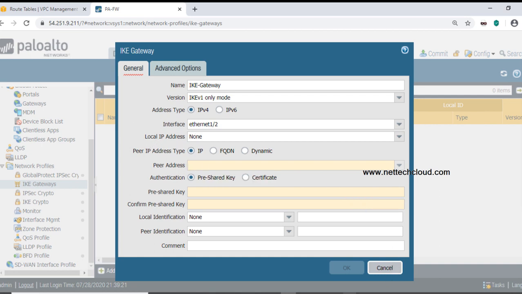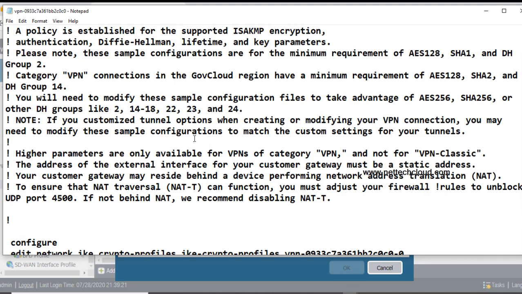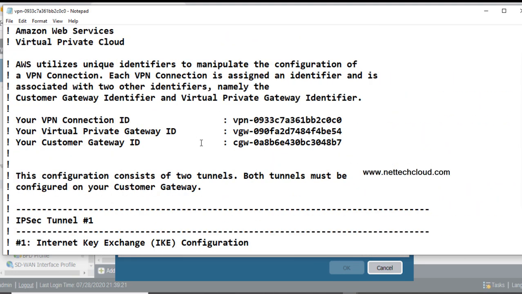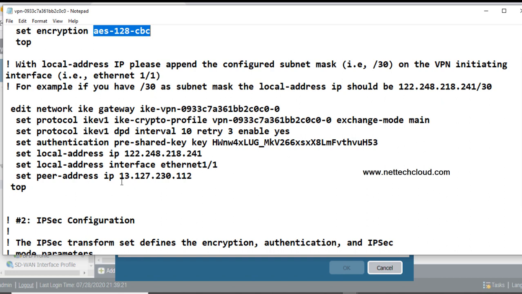And the peer IP address. I mean the AWS VPN gateway public IP address. So what is the IP address? Here it is, 13.127.230.